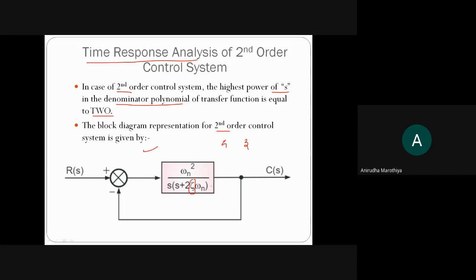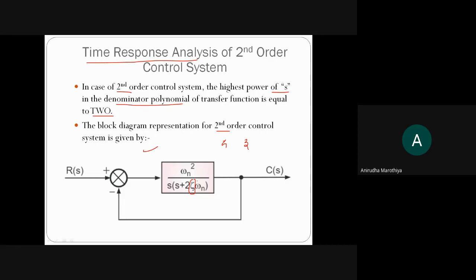And this is known as damping ratio. So what is damping ratio and how is it going to affect the response of the system, that we are going to learn in detail. But for the time being, you have to remember that in case of a second order control system, from this time onwards we introduce two new terms. First one is called omega, which is nothing but the natural frequency of oscillation, and the unit is radian per second. And the second one is called zeta.